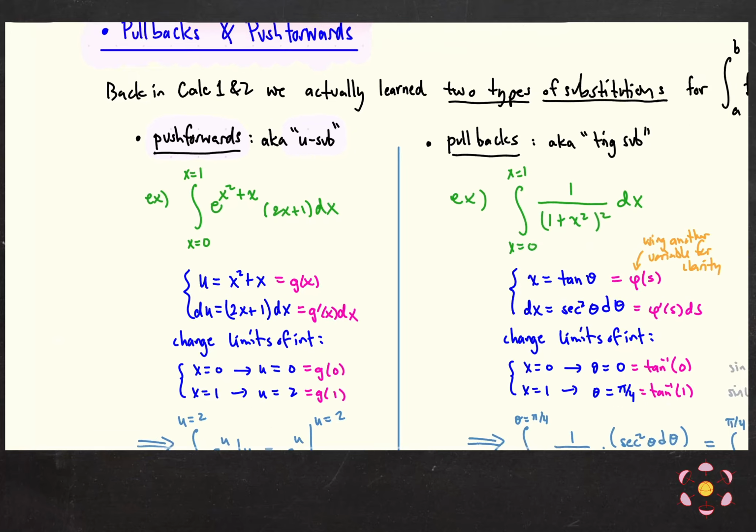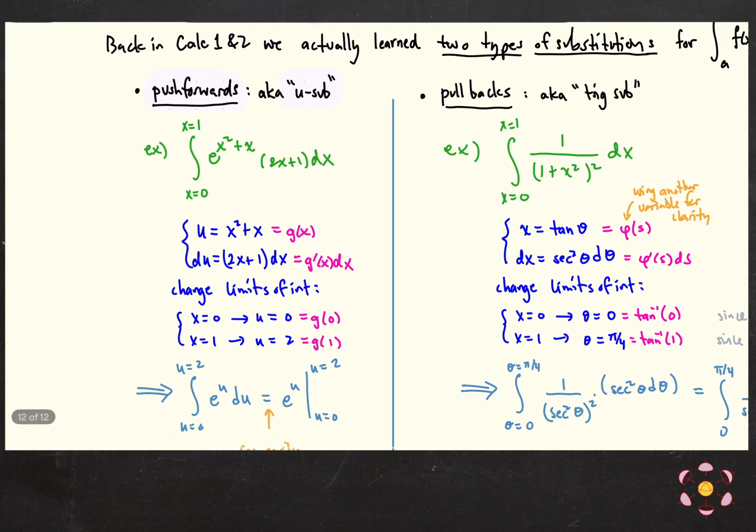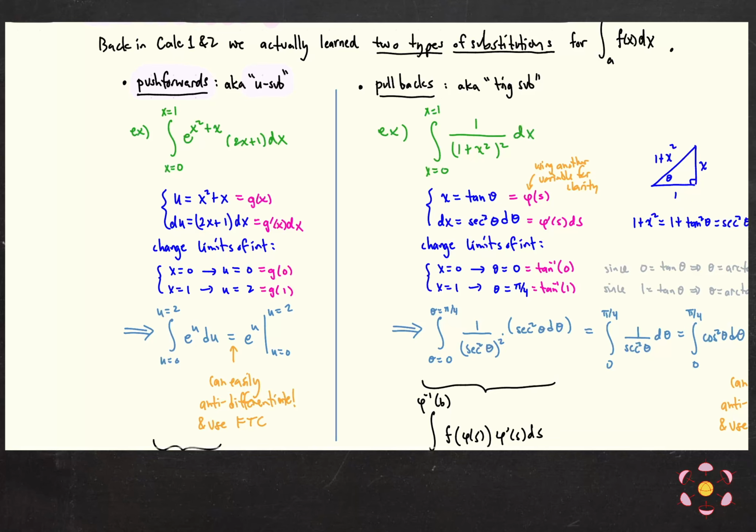And you can read the example I have written here. It's a simple example from Calc 1. I want to just talk about the language here, right? So the idea is, when we set up this new variable u, really we're saying u is some function g that we recognize, and then the du has its derivative. Now, the thinking is, when we rewrite the integral in terms of the new variables, what we're saying is